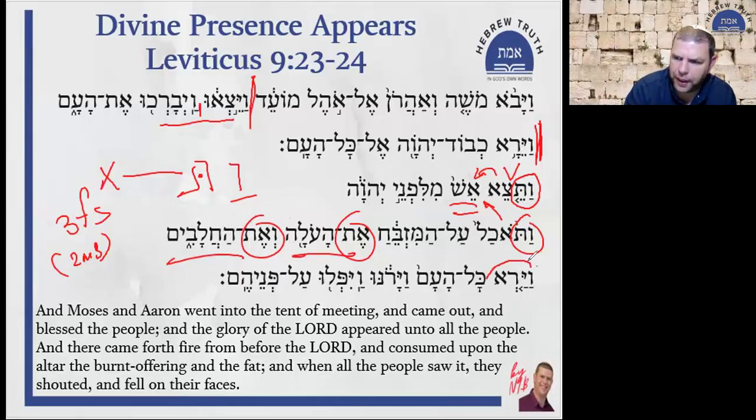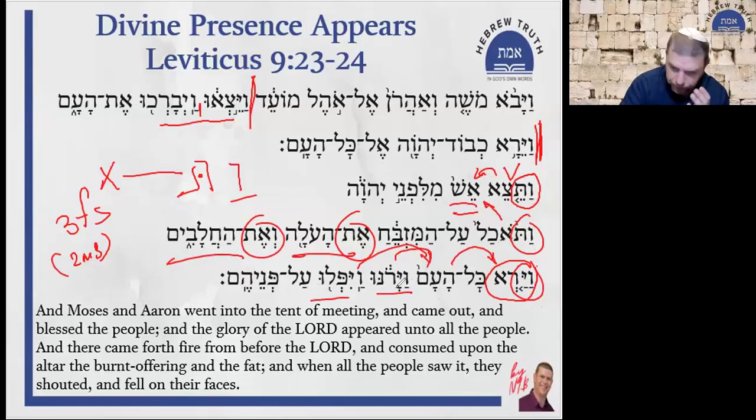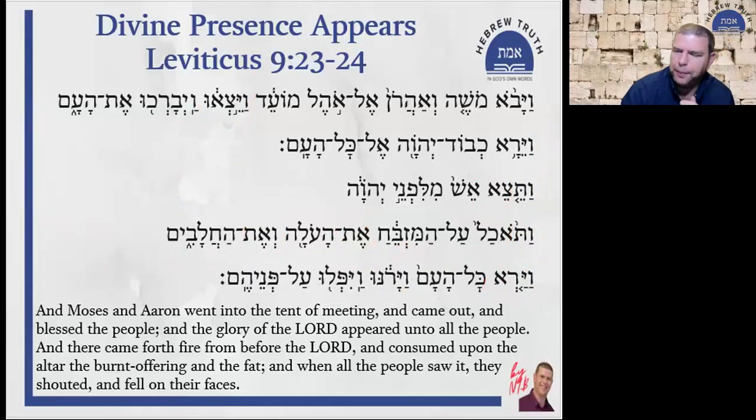Vayar kol ha'am. Again, we have a transition from the subject being the fire to something else, because we see the vav patach and now the yod again. So the subject is kol ha'am, again a collective subject. Vayaron uvayipalu. After the subject, we are more likely to have that plural. So that's a bit about the Wayyiqtol and how it helps us.